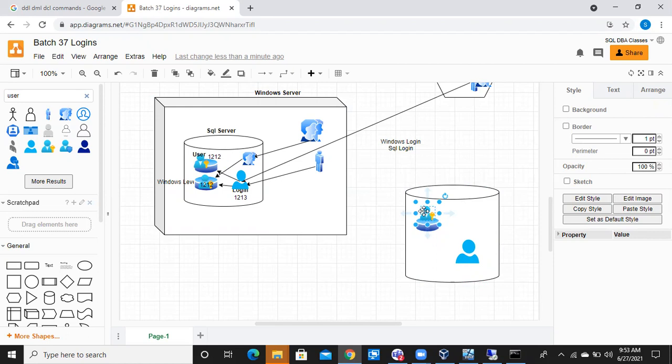Any other doubts, please? Sir, this Anil login we have deleted. After that we have created it, then the SID started as different. As per my view, once again we delete the user in both the databases, and again if we create Anil as the username, then the SID will also be the same.